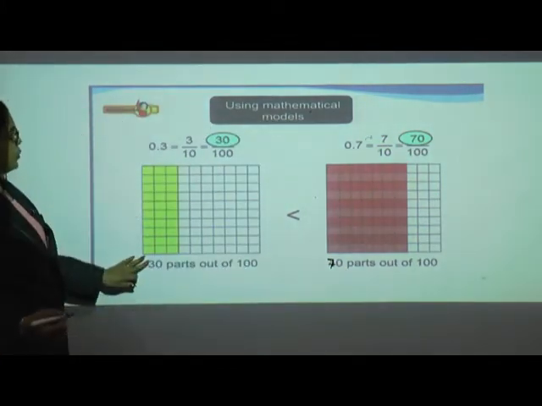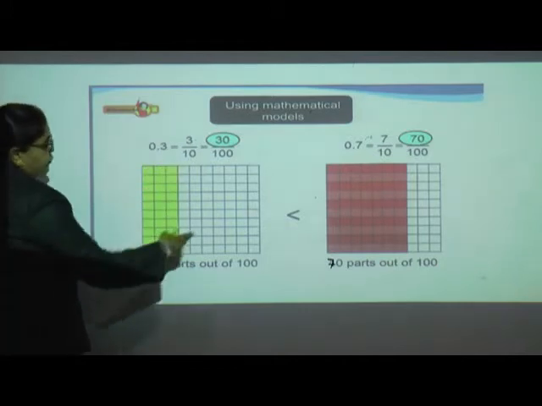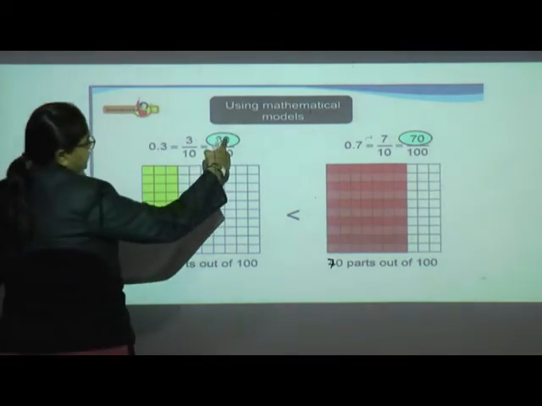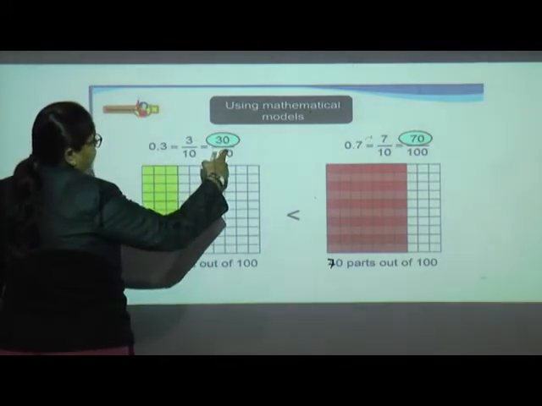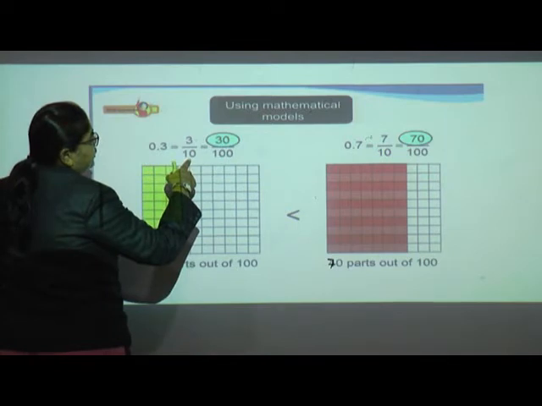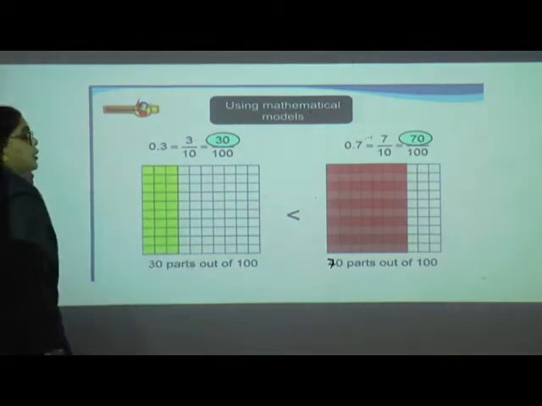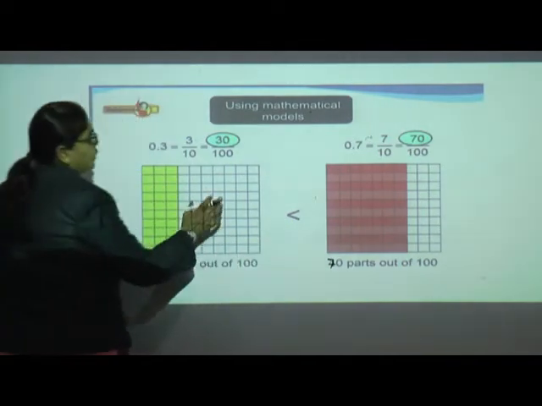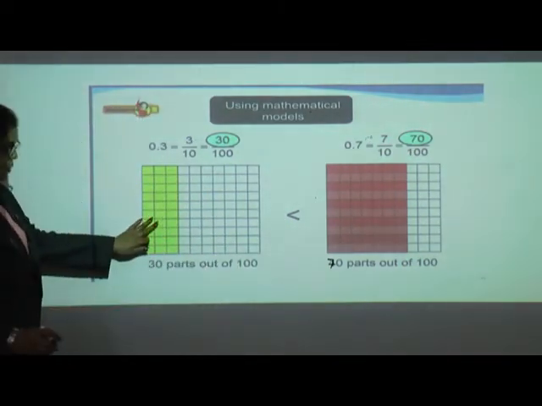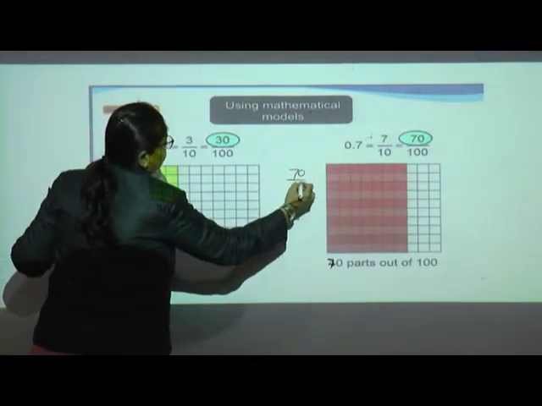So how to write this as a decimal, then a fraction. By seeing the shaded figure, you can write 30 upon 100, because already it is given that 30 parts are shaded out of 100. So we had written that, then what will be reduced? Yes, 0 gets cancelled, 3 upon 10. You know the fraction should be written in decimal form. Then how to compare? I will give a very shortcut method. This you know, you write here as 30 upon 100. By seeing the figure, you will write in this way, 70 upon 100.